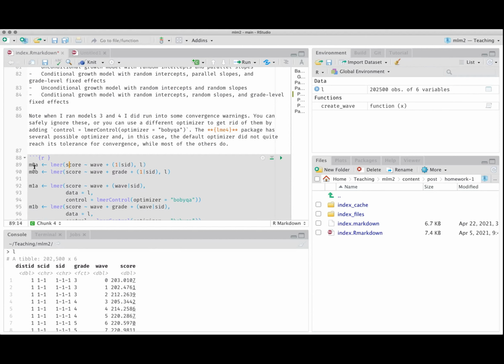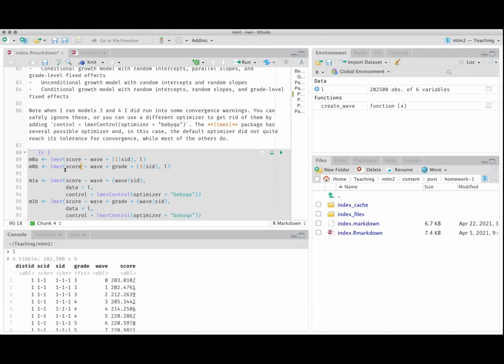So I called them M0A and M0B because they're both unconditional, or no, this is the conditional model, whatever. I don't know why I did this. These should have both been unconditional because M0 usually means unconditional, but that's not what I did. Anyway,